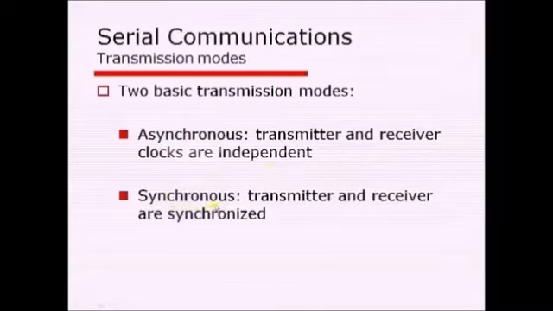But when it comes to synchronous, transmitter and receiver are synchronized with the same clock. Why? Because in case of synchronous transmission, one device would be generating the clock and the other device would be receiving the same clock which is generated by the other device. The device which generates the clock is called the master, and the device which receives the clock is called the slave. So as we are giving only one clock signal, both are synchronized with that clock signal.